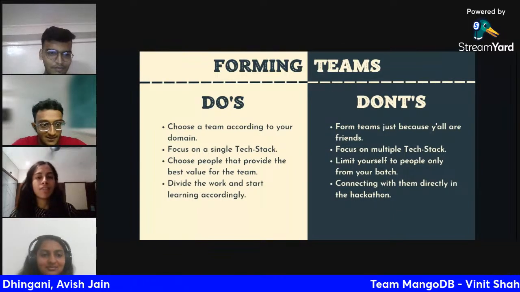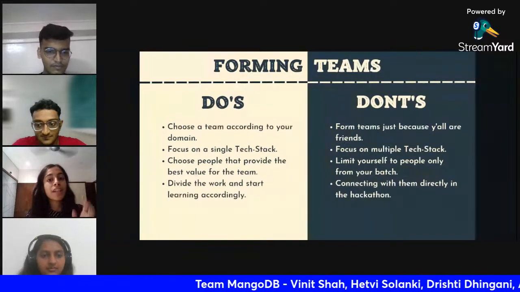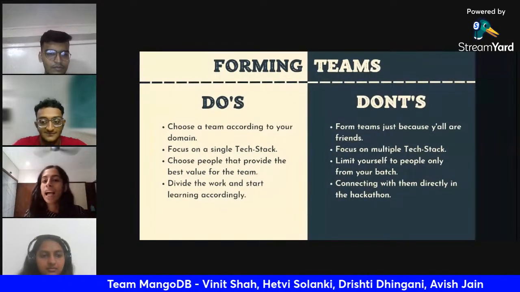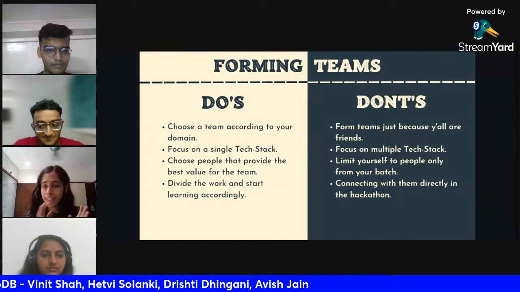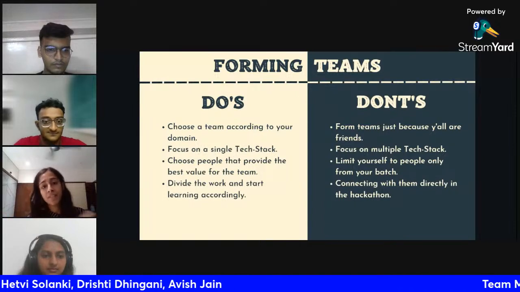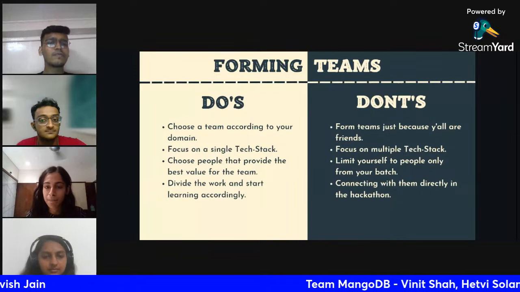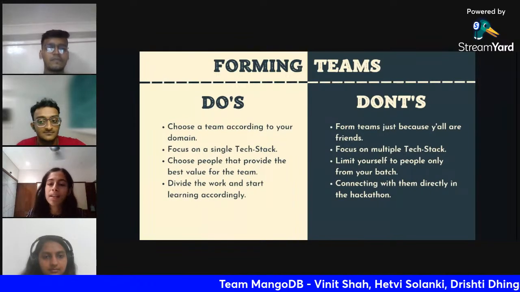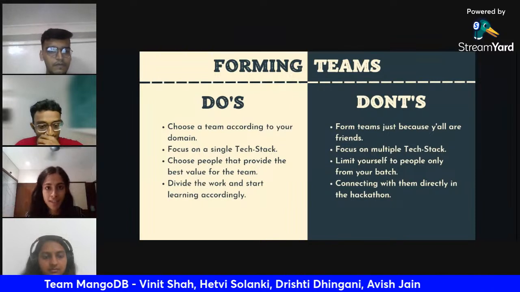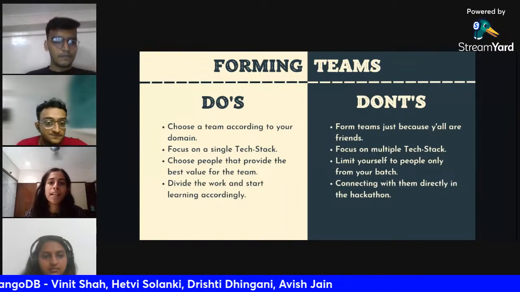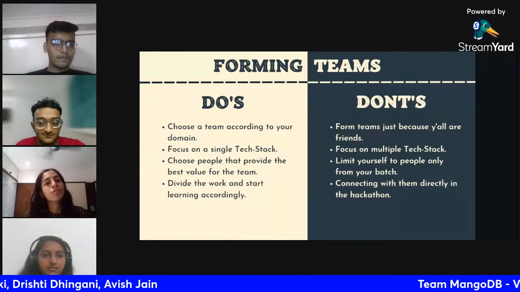Just to add, while you're forming teams with someone not from your college or not from your batch, what you need to avoid is going to the hackathon directly and only then discussing what you know and what I know. The skills, the experience, everything needs to be discussed with your team members previously. For example, if you all want to participate in a team because you all are friends, even we are friends and we participate in a team just because we can spend time together, but you have to do that smartly.